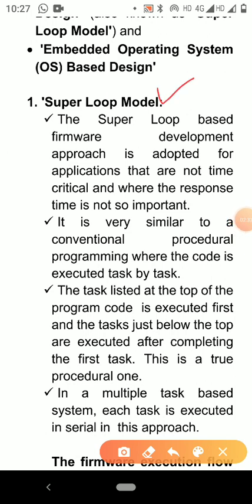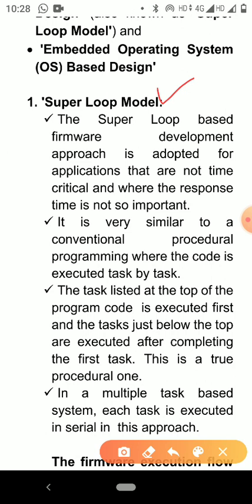Actually, super loop is a program structure comprised of an infinite loop with all the tasks of the system contained in that loop. This approach is adopted for applications that are not time critical and where the response time is not so important.